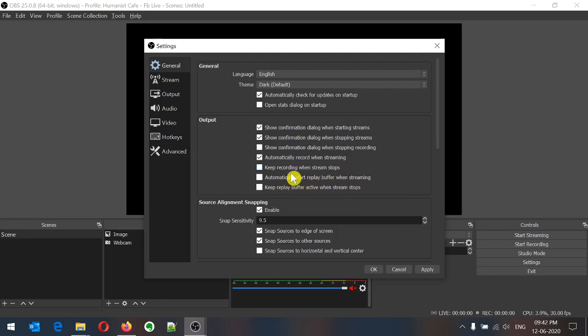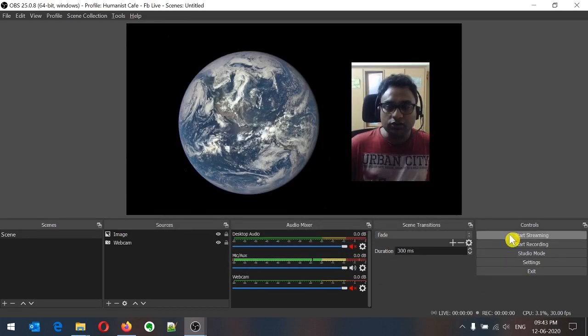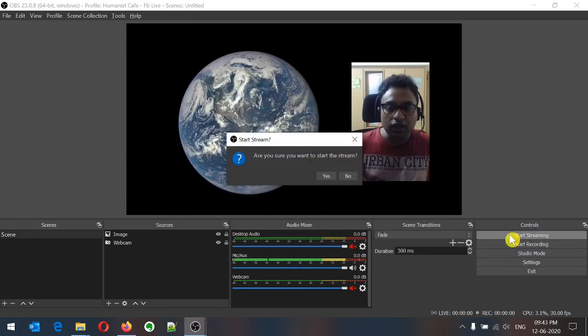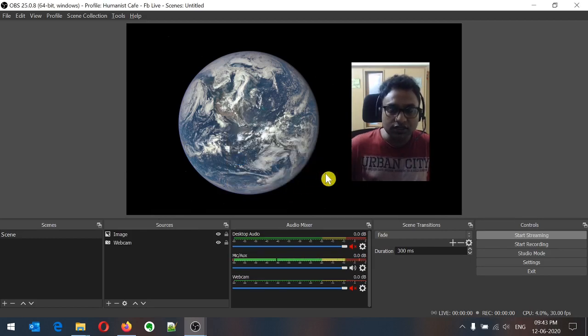And you can ensure that you don't check the keep recording when stream stops option, because when you stop the streaming, you want the recording to be stopped as well. So I'm just selecting this, and anyway I've put the confirmation dialogues over here. That's okay. So I click on OK, and you can now just click on start streaming. When you do that, it gave me a confirmation because I've enabled that option that I showed you before. I'm clicking on yes,